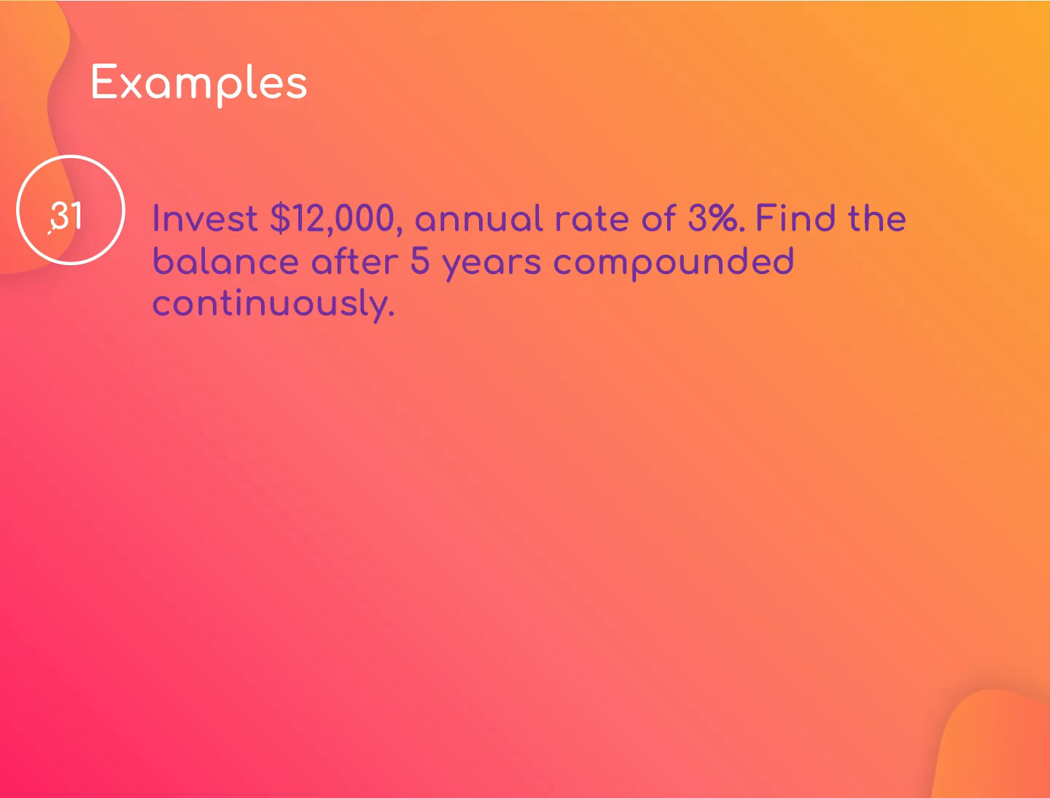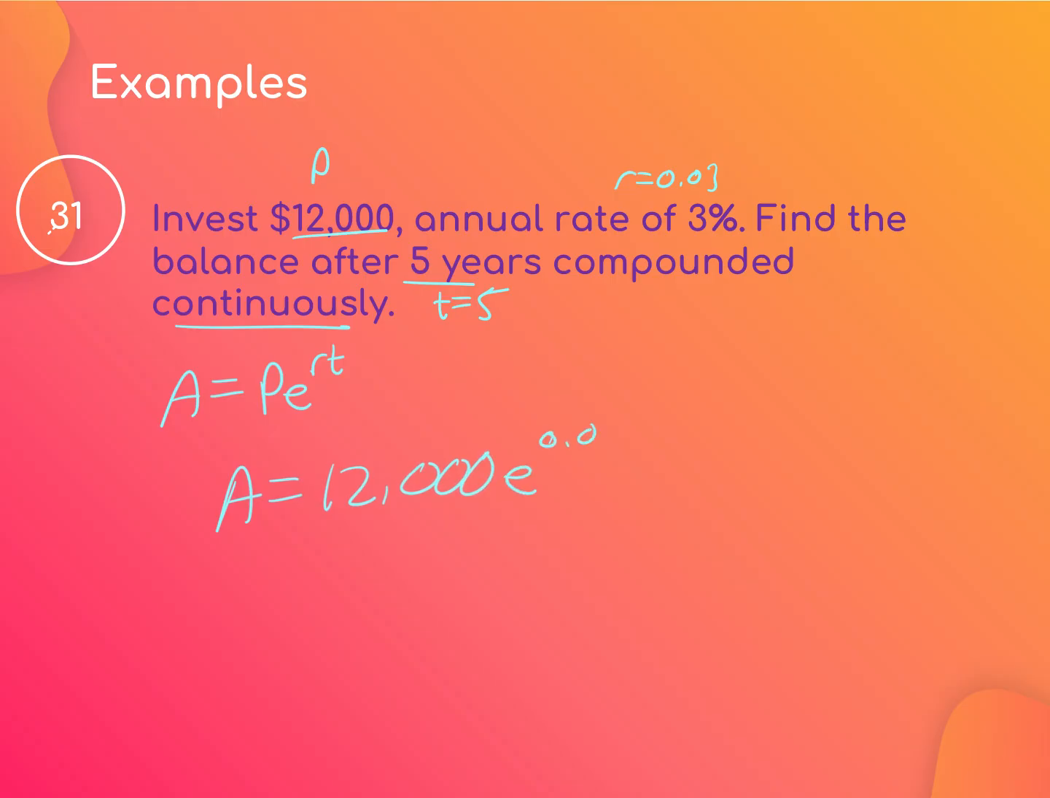But let's use that to solve a problem. So we're going to invest, we're going to have the same P value of 12,000 at a rate of 0.03, so R is 0.03. Find the balance after 5 years, so T is 5, and it's compounded continuously. That means I'm going to use this formula, A equals PE to the RT. So I know that A is going to be 12,000 times E to the 0.03 times 5. So again, plug this into your calculator, do that second LN, and then 0.03 times 5, and then we should get that A is, to the nearest cent,